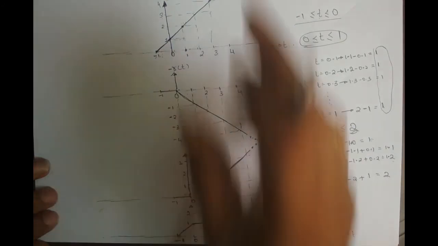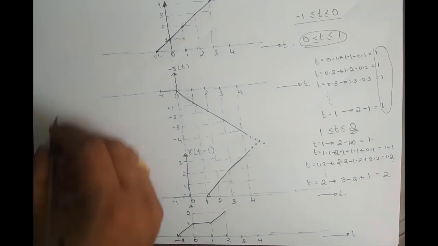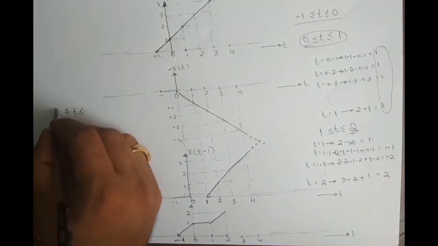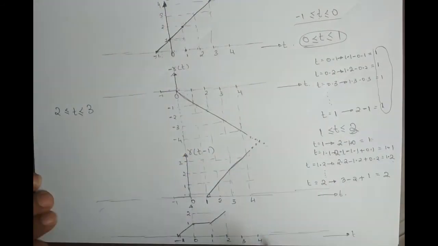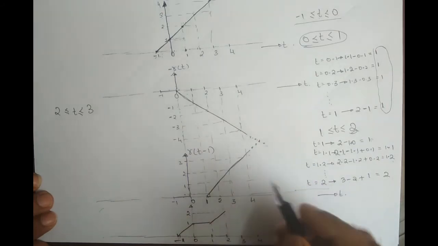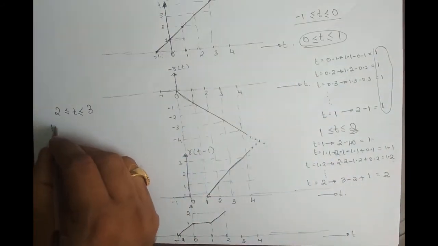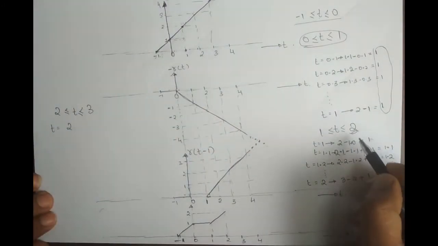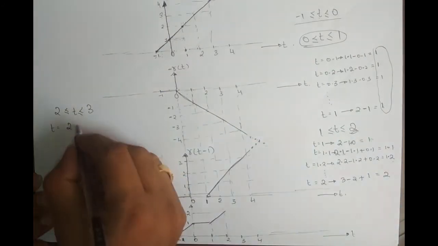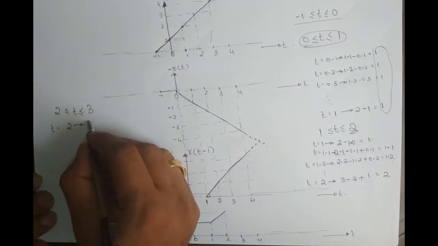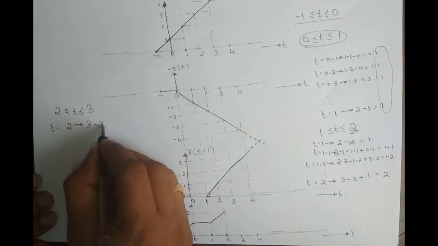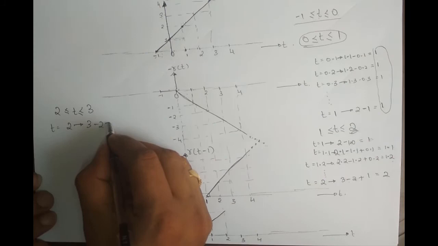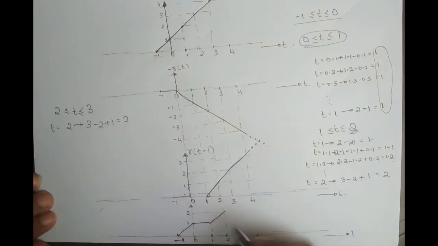Okay. Now we are done with t from 1 to 2, now 2 to 3. At t is equal to 2, because we ended up with 2, right? So at t is equal to 2, what is the amplitude of the first signal? It is 3. What is the amplitude of the second signal? It is minus 2. What is the amplitude of the third signal? It is plus 1, which is equal to 2. So we are already at 2 at t is equal to 2, right?